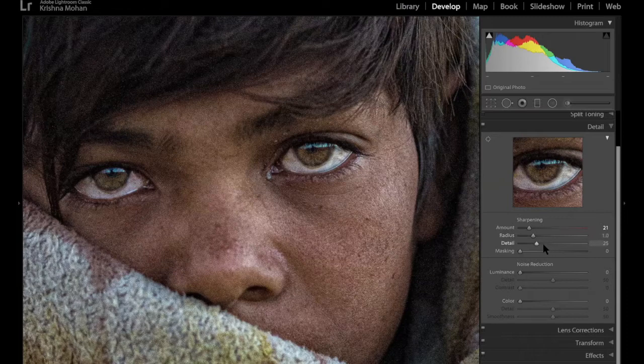Now, the next is the detail. The detail slider will change where the sharpening is happening. As you bring it closer to 0, smaller and smaller pixels are the ones which will get sharpened.